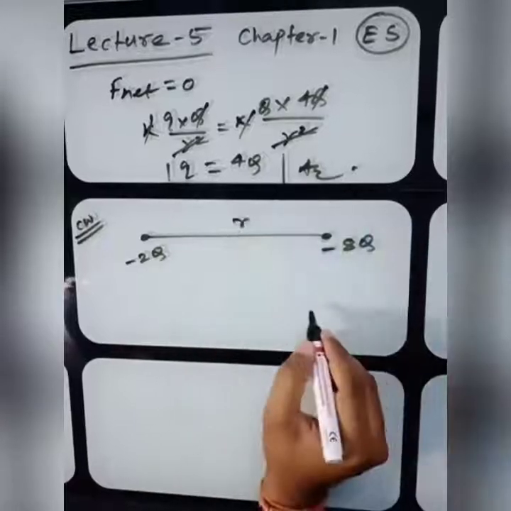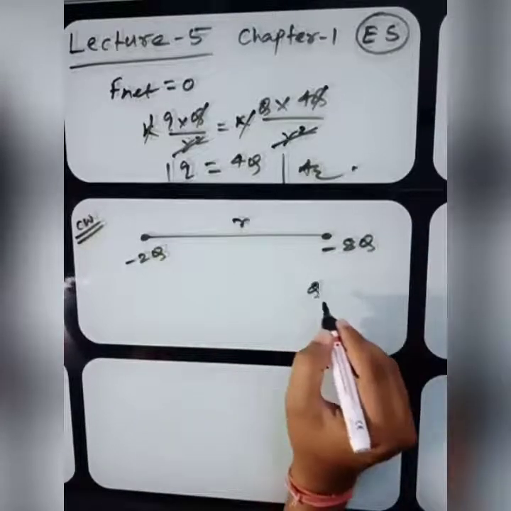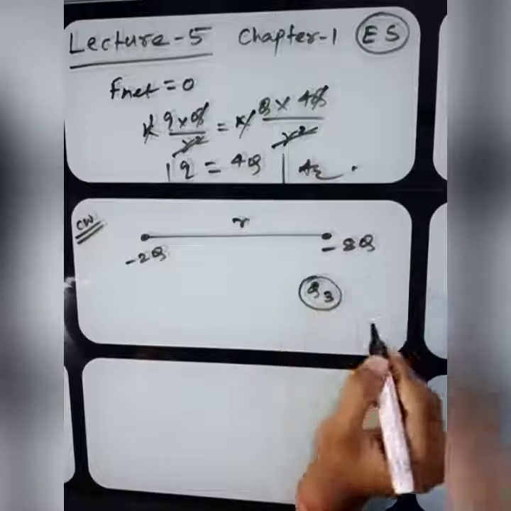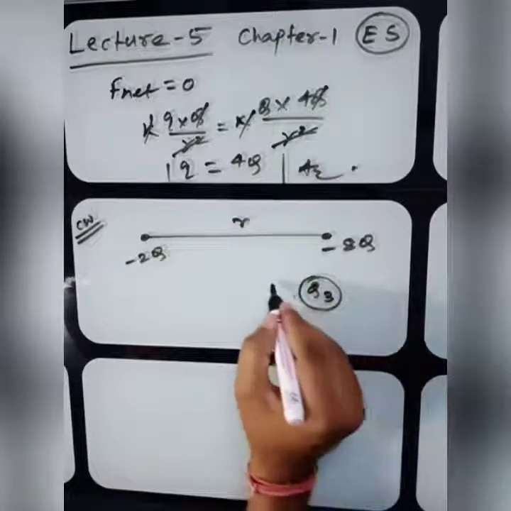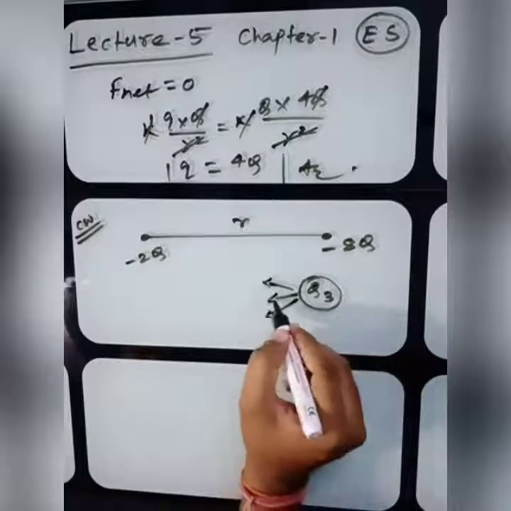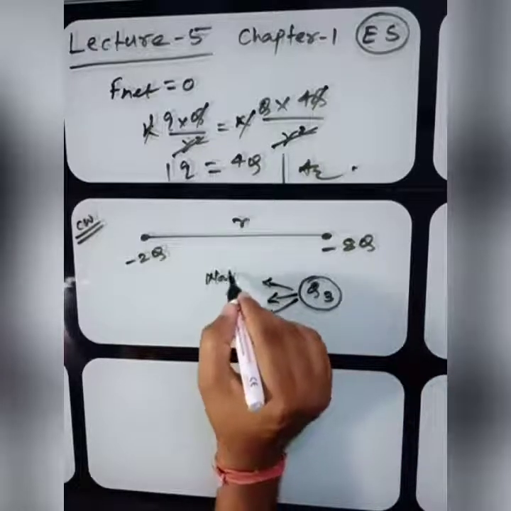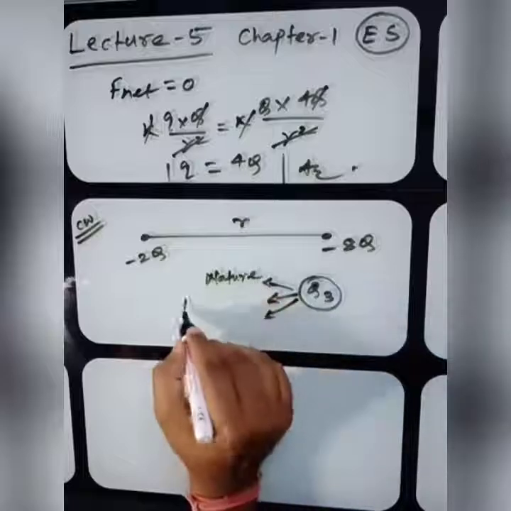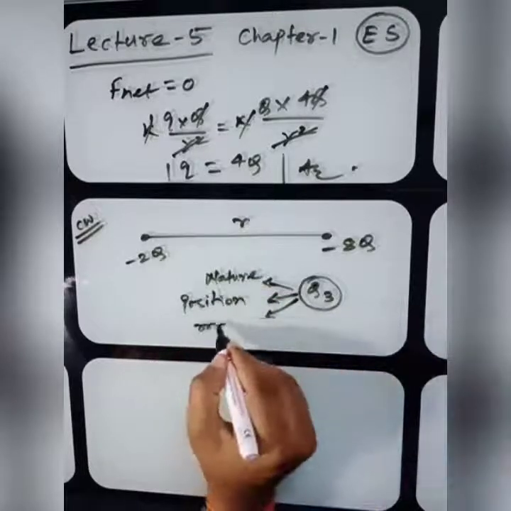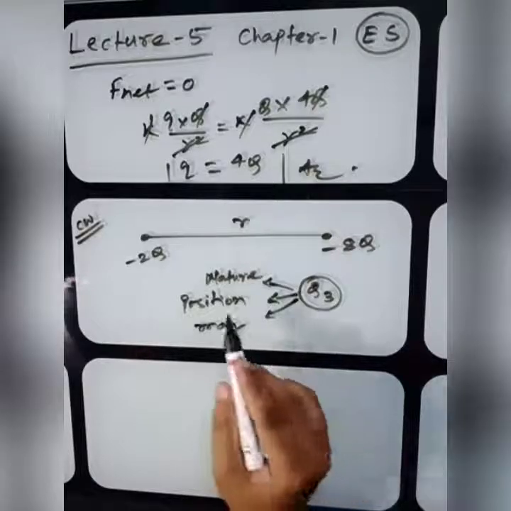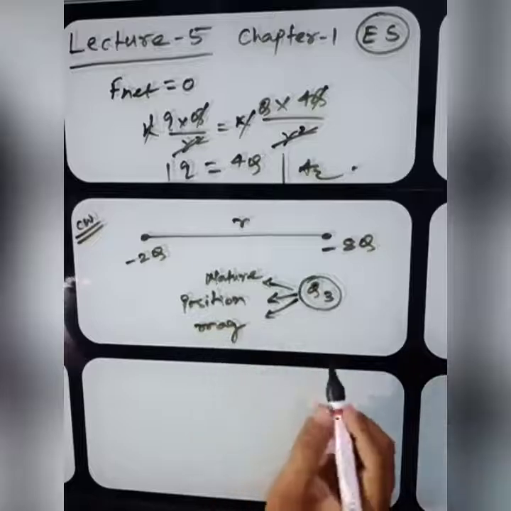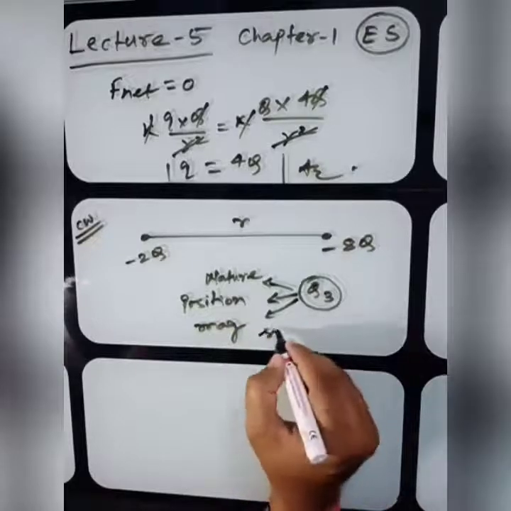Separation is r, and the third charge Q3. You have to find three things: nature, position, and magnitude. Nature of Q3, position of Q3, and magnitude of Q3,